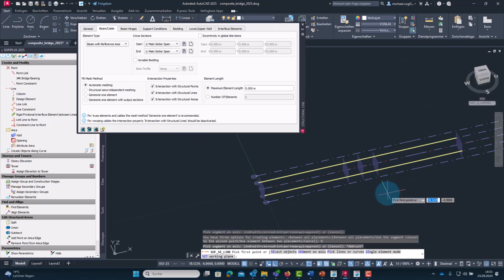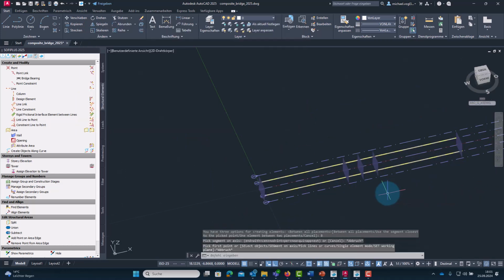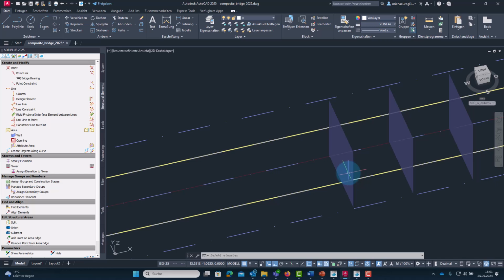However, at the inner supports, we want to have the support cross-section with number 2. So we change the cross-section of the corresponding structural lines in between these two placements here accordingly.